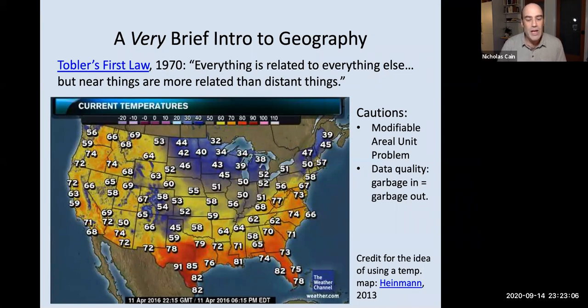And what Tobler said in 1970 is that everything is related to everything else, but near things are more related than distant things. And as an example, I've got a temperature map up here from an April day a few years ago. And you can see that there are differences in temperature as you move from left to right across the map. It's quite nice in Southern California in this map, around 71 degrees. And then as you head toward the Arizona-Nevada border there,